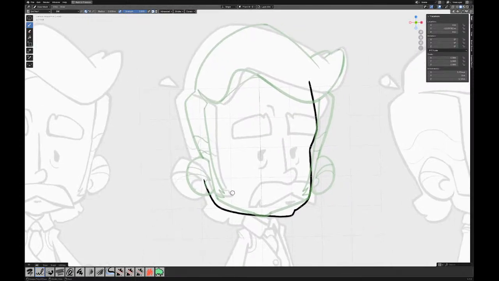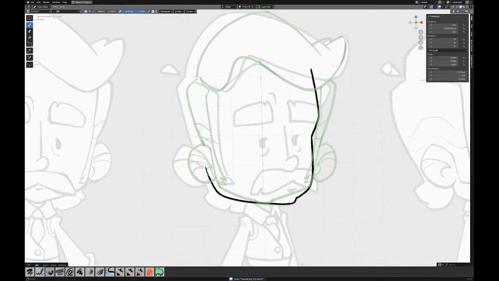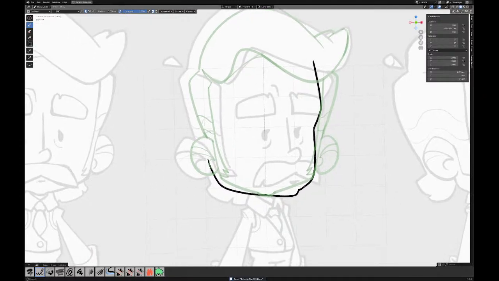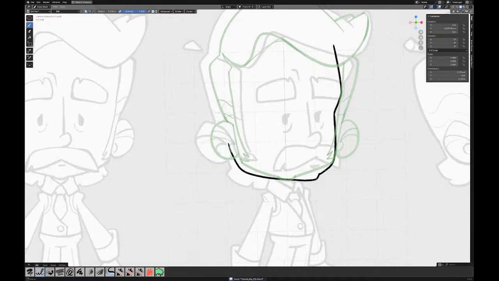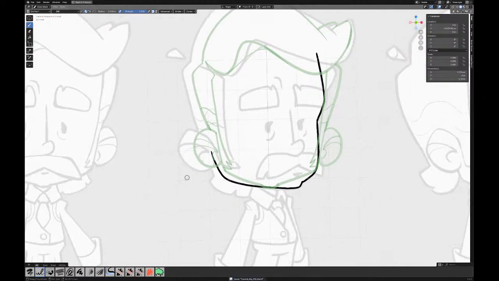I need to figure out if I want to make this part of the hair a separate object so that I can move it individually. I would have to add a new bone to the rig, which isn't difficult, but